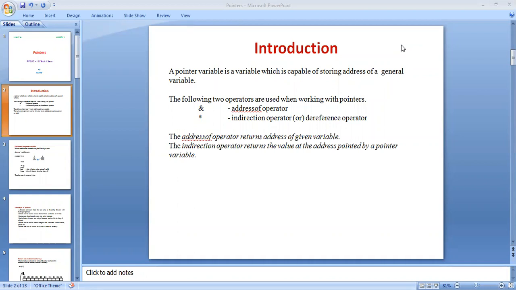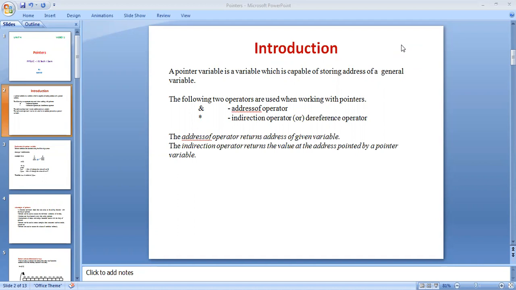Pointers are built on the basic concepts. Pointers are mainly used for the addressing of the variable, so that only the variable's address will be identified.